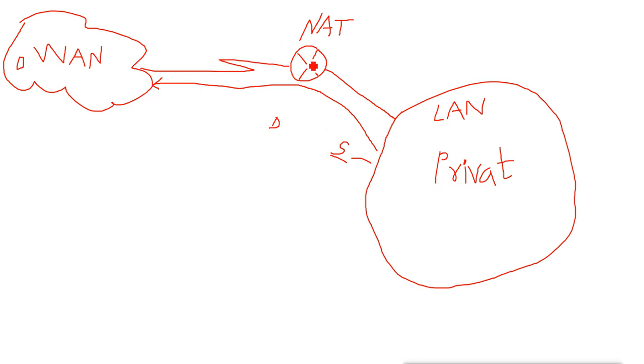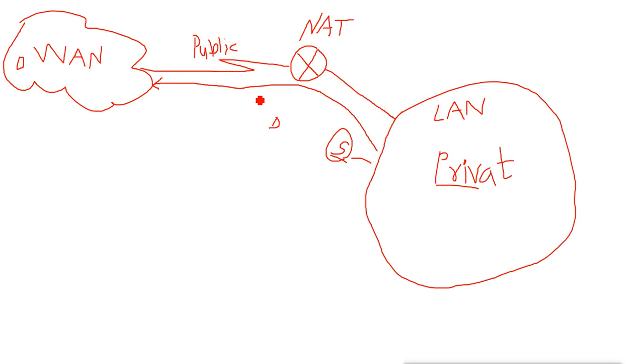So what our router will do is change the source address from private to public. Now, which public address? The public address which we bought. That depends on us, what public address we want. That public address we will arrange, and we will configure it on our router.